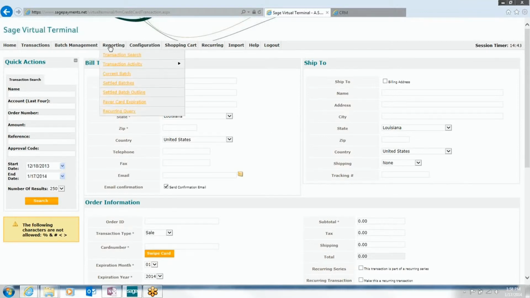Moving on, if you go to reporting, again, here's a transaction search, just like on the quick action over here. Transaction activity, you can see today's activity, last 7 days, last 30 days. You can see your current batch. You can go back and look at your settled batches. Normally batches settle within a 24-hour time frame. Settled batches outline, payer card expiration, recurring query. So it gives you plenty of reporting for when you need to go back and research